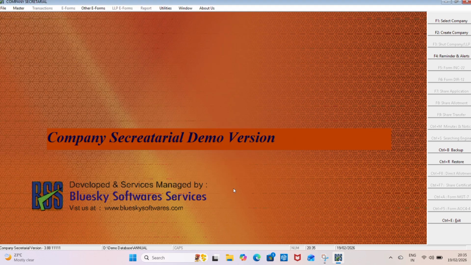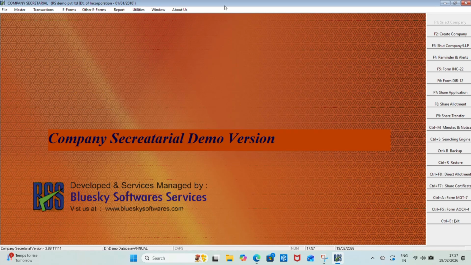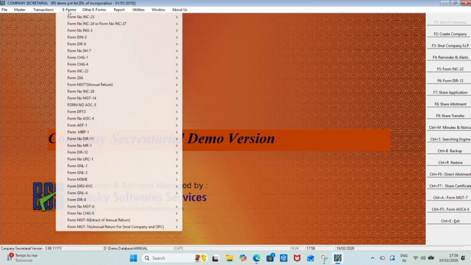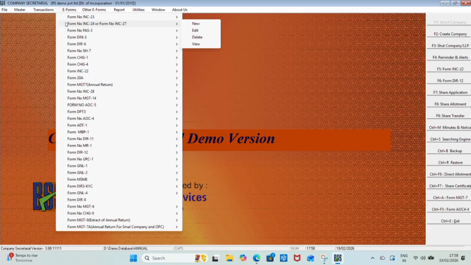Now we have to click on Select Company. If you want to work in any company, then select any company like RS Demo Private Limited. Now select the company in which we want to work. RS Demo Private Limited. Select this company. Now after creating a company, firstly we have to